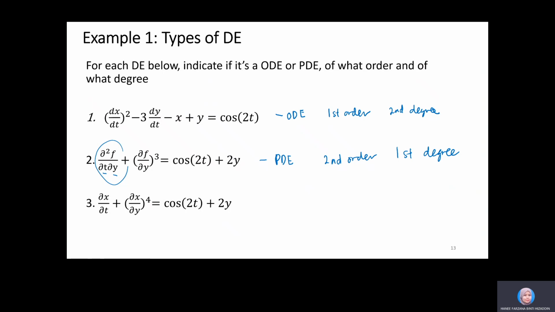The third one is also a PDE, first order and fourth degree, because both are first order, but this one has the power of 4, so it's fourth degree